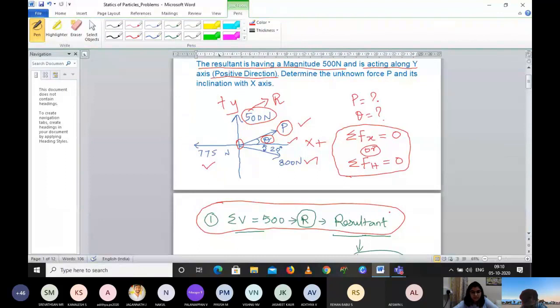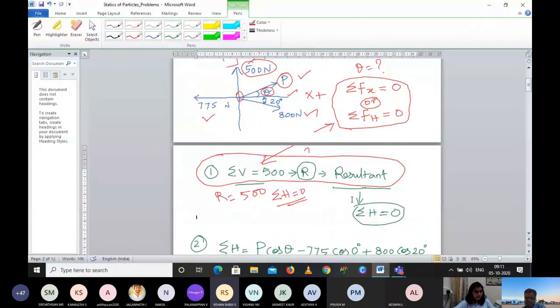Take a note of all of it. You can see this force is acting along the vertical, so the summation of the entire thing is 500. Then only your resultant will be 500. Are you getting it? Because we already said that the summation of all the horizontal forces is equal to 0. Once you say 0, then definitely the vertical should be 500. Are you getting the relation? So obviously the entire resultant will come along the summation of vertical force.